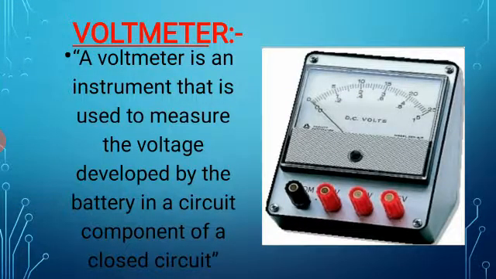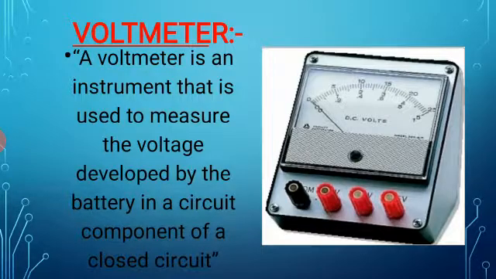And now we will discuss about the voltmeter. Voltmeter is the instrument that is used to measure the voltage. Voltage is basically the pressure from an electrical circuit power source that pushes charged electrons, that is the current, through the conducting loop to do work such as illuminating a light. So, voltmeter is an instrument that is used to measure the voltage developed by the battery in a circuit component